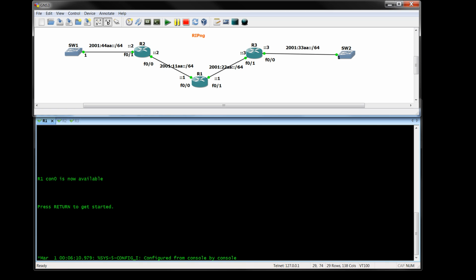IPv6 has three types of messages: unicast, which is one-to-one, multicast, one-to-many, and anycast, which is one to